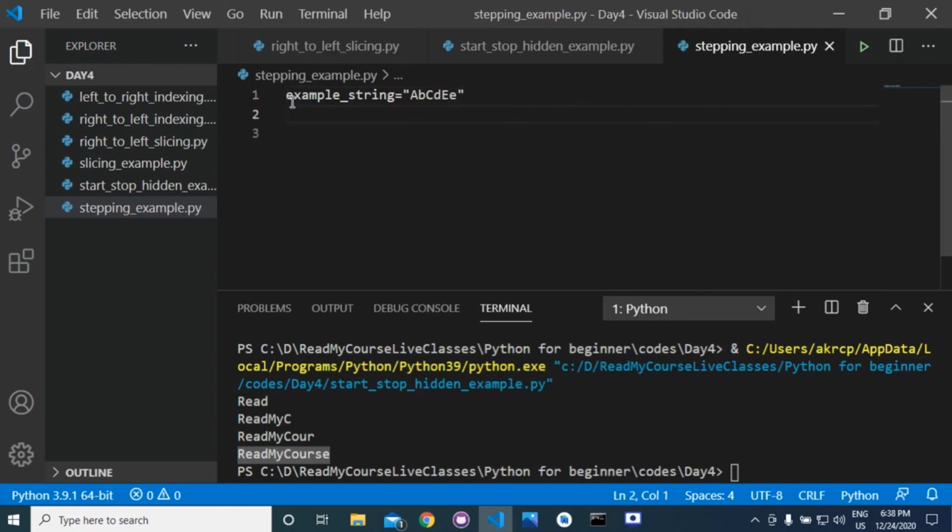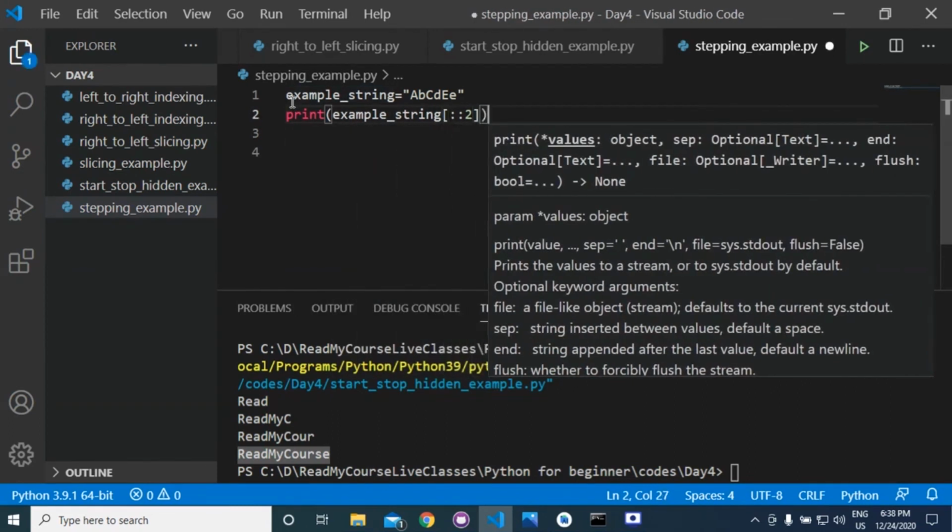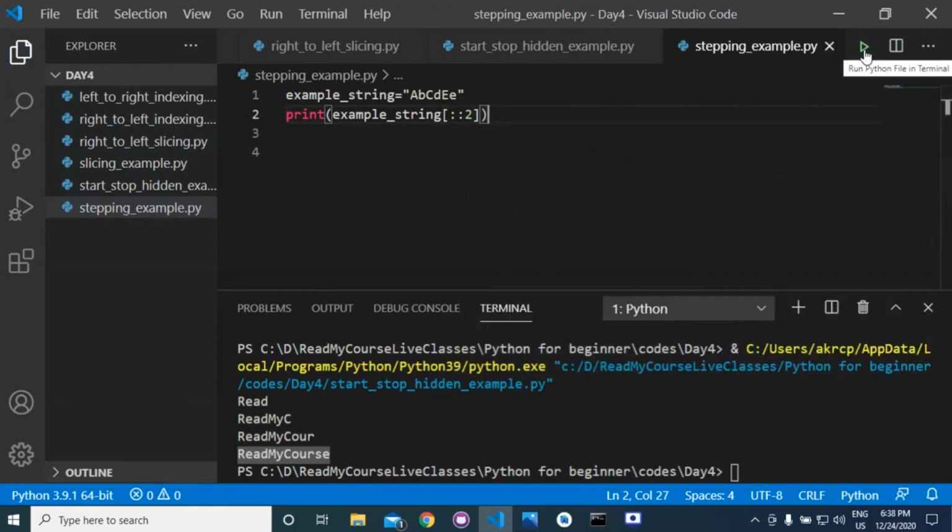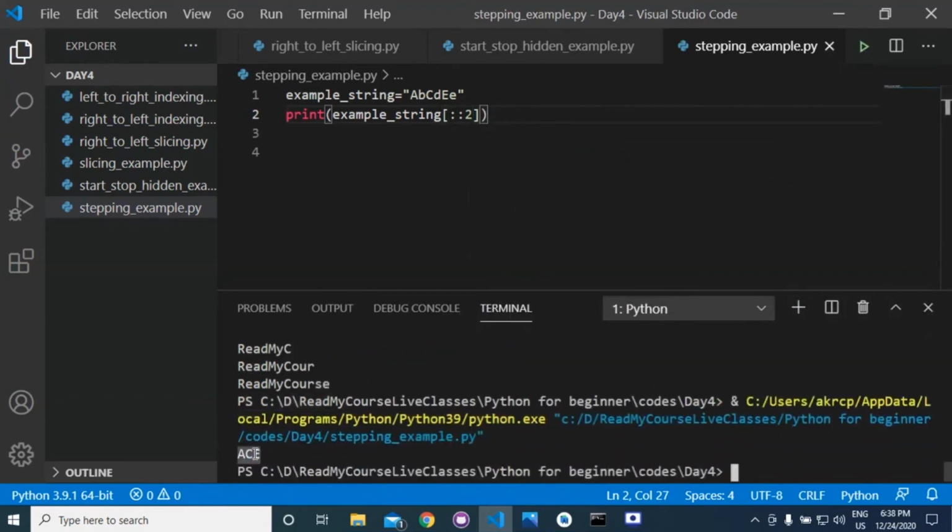If we write example string, not passing the value of start and stop, and take the step size as 2, and I am printing this, you will get the value ACE. So here we are getting the first element, then C, then E.